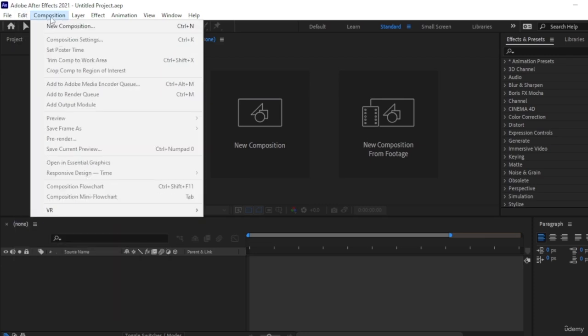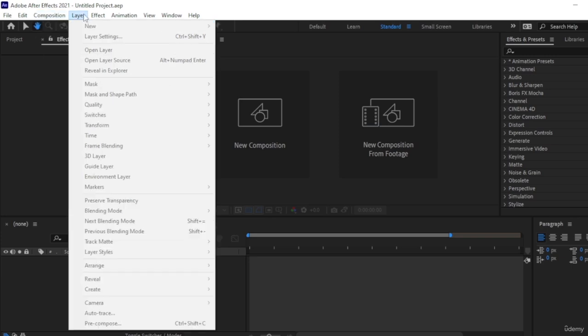Then we have Composition, which, like I said, is like a blank canvas that you would paint on, but here it's a blank composition, so you need to add things in to make it a full piece of work. So if I draw things and create animations, I would have a full canvas. Therefore, I would have a full composition. And this allows me to create new ones, maybe add to render queue, pre-render, and things that we'll get into throughout the tutorials. I don't want to confuse you too much by going over each of